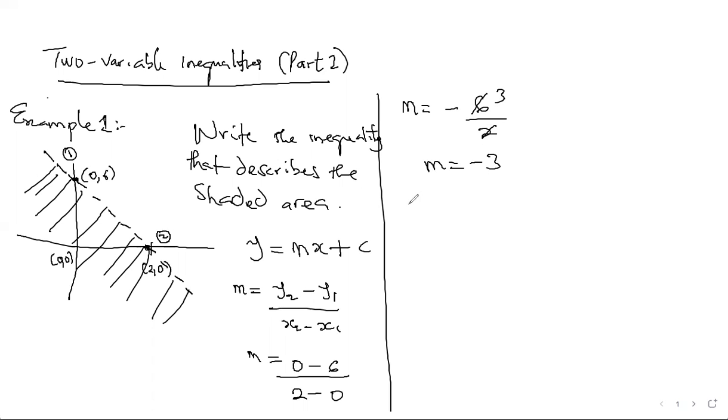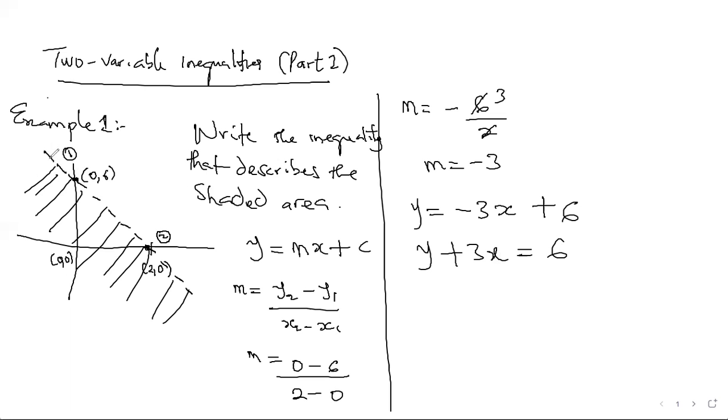So I can write the equation of the line as y equals minus 3x plus, because the intercept is 6, so c is 6. So the equation will be y plus 3x equals 6. I can write it that way. So